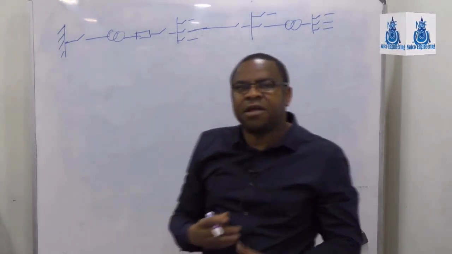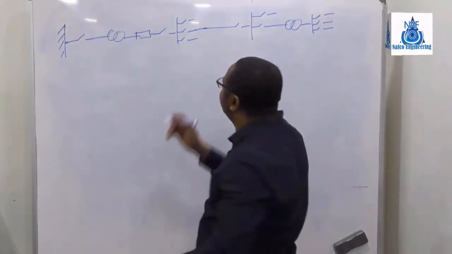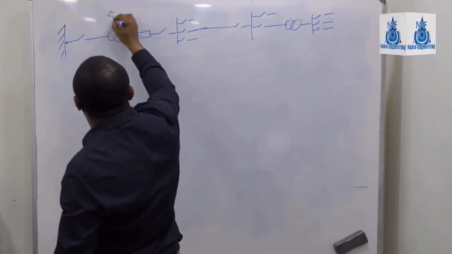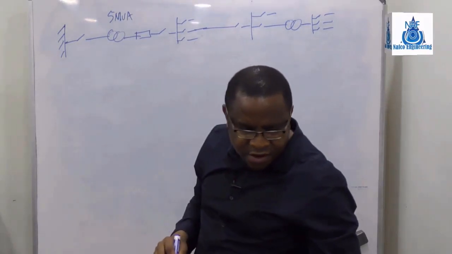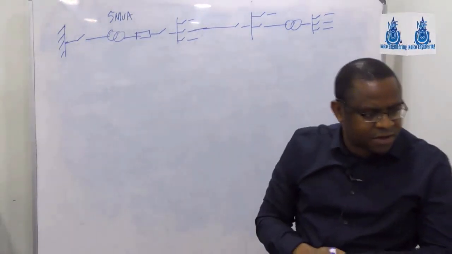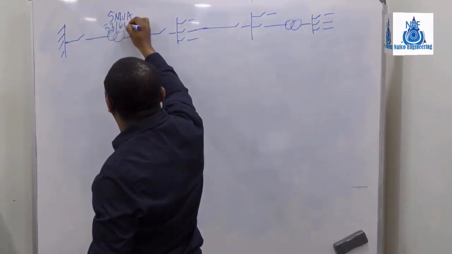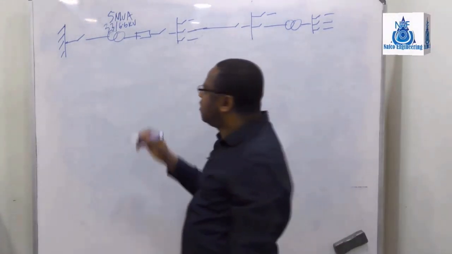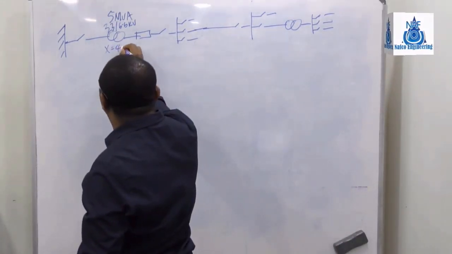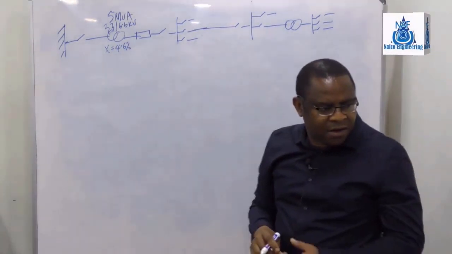Okay, it's a 5 MVA, 3/6.6 kV transformer, and then we have 4.6%, and then the cable,